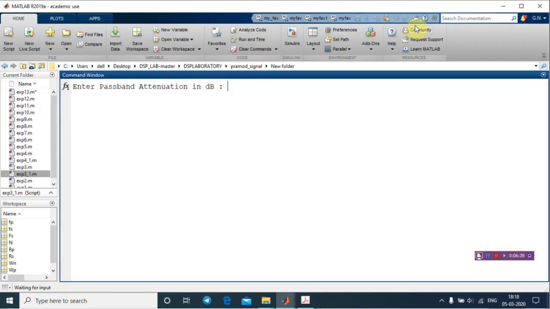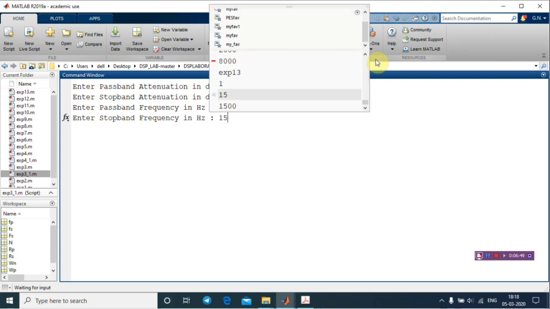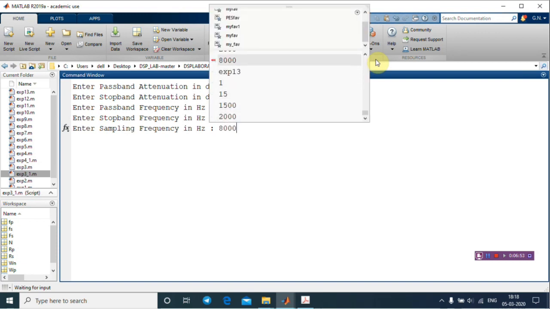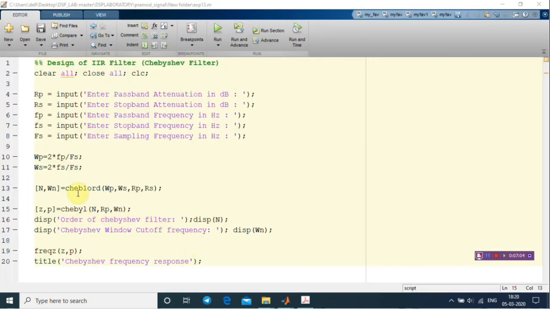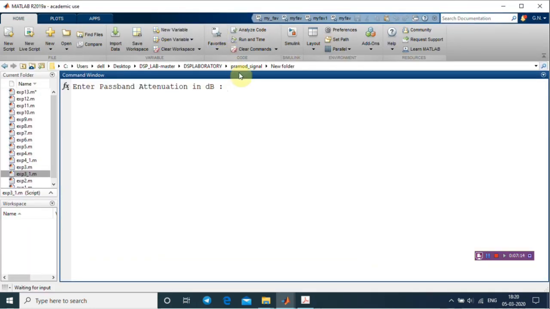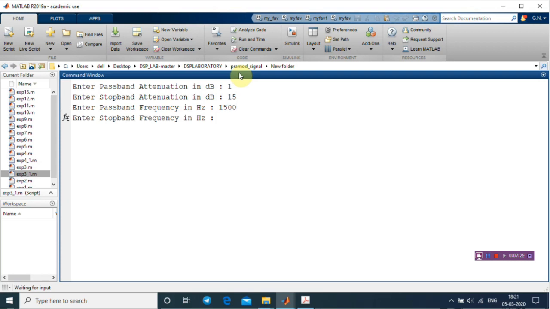Again, let me just run the program. 1, enter. 15, then we had 1500, we had 2000, and the final value was... Let me just try it. 1, 500, and then 2000 and 8000.